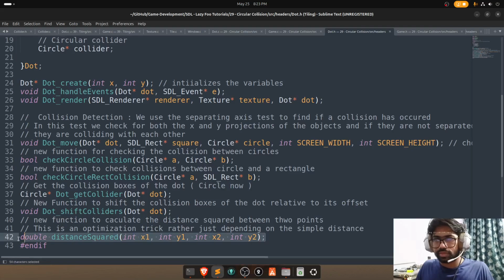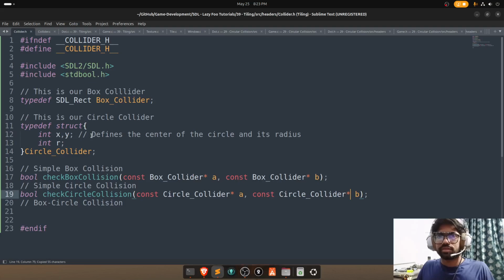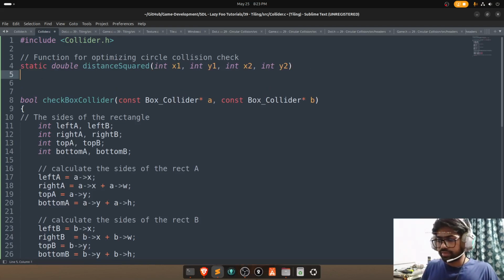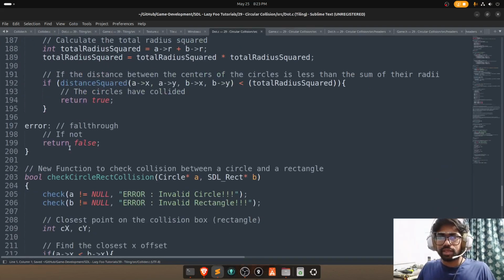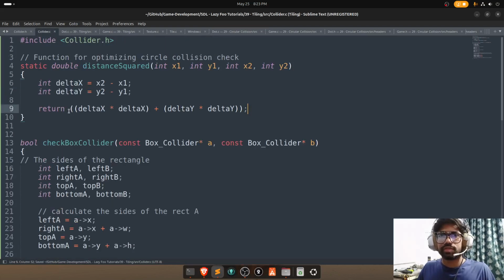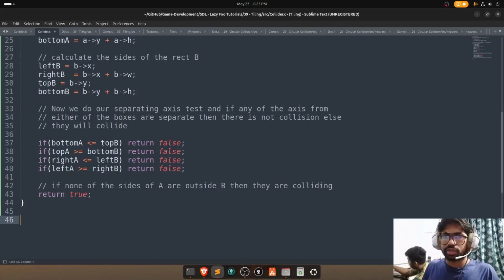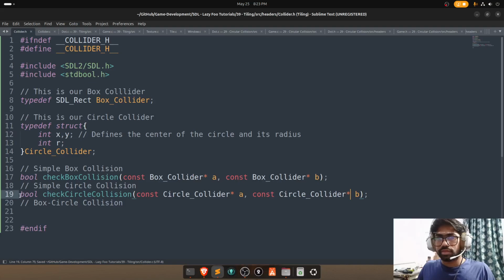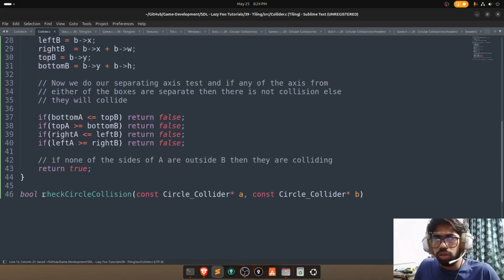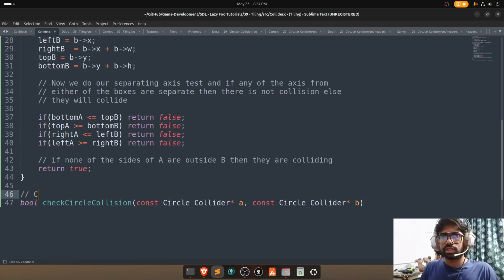Static double, okay, there is double distance squared, there we go. Okay. Then I have to check this bool box collision. This is circle